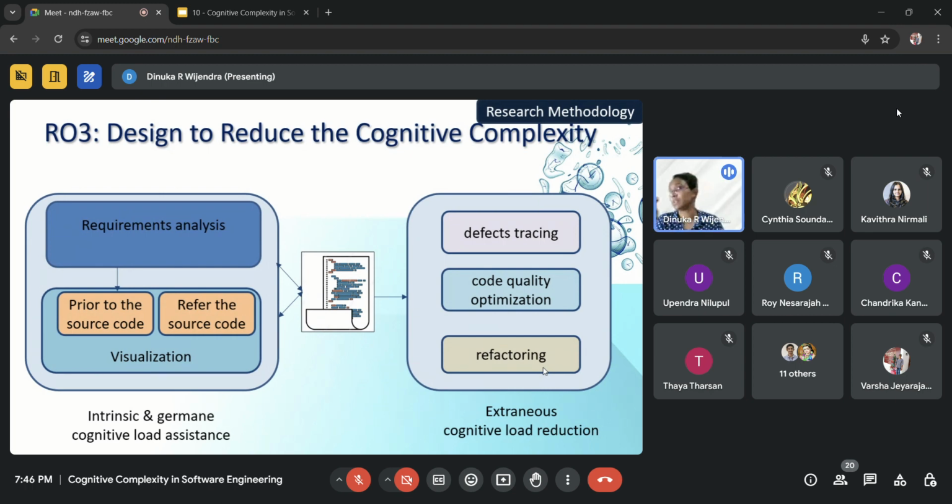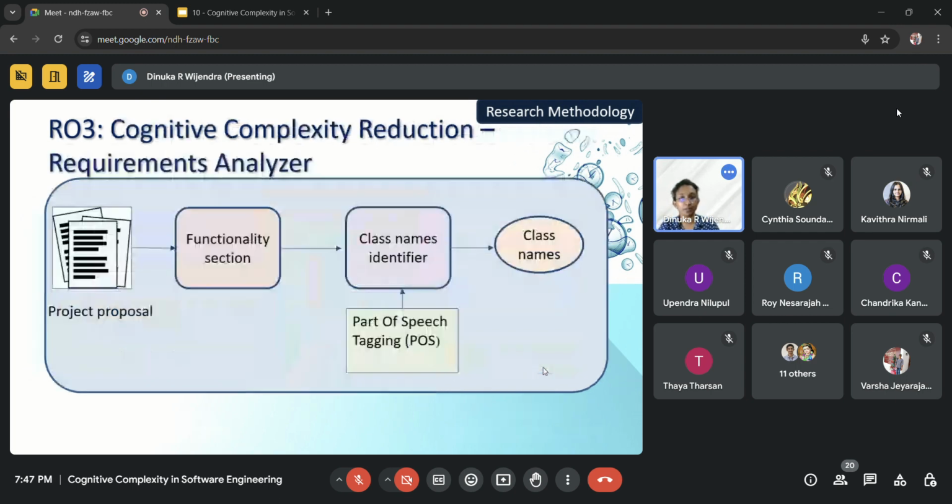You might think these things are already developed, because most IDEs already implement defect tracing, quality optimization to a certain extent, and refactoring options. But I have concatenated some of the most significant techniques into one component, and implemented it computationally.